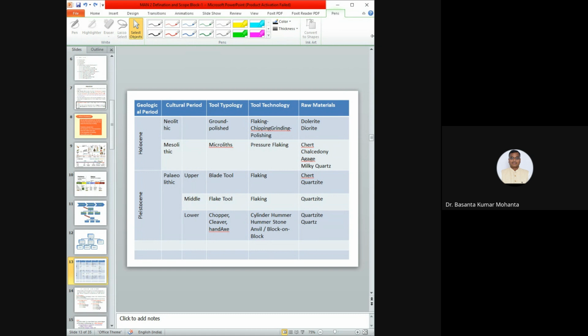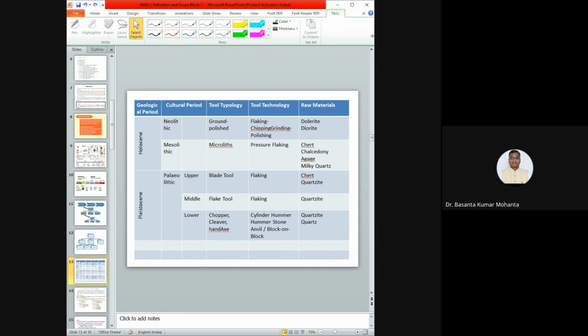So based on these evidences, it may be stone tools, it may be pots, ceramics, it may be other material related to the construction of houses or settlements, it may be different kinds of art objects. All these materials, whatever we are getting from different archaeological sites, different archaeological contexts, help us to identify and reconstruct past cultural behavior.